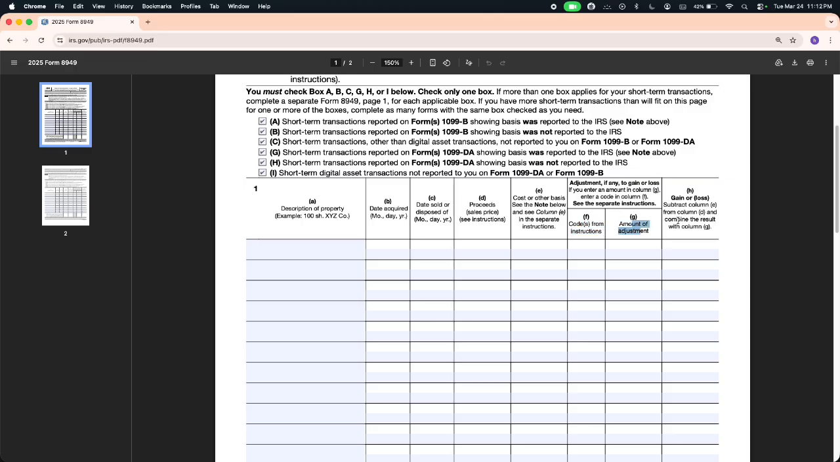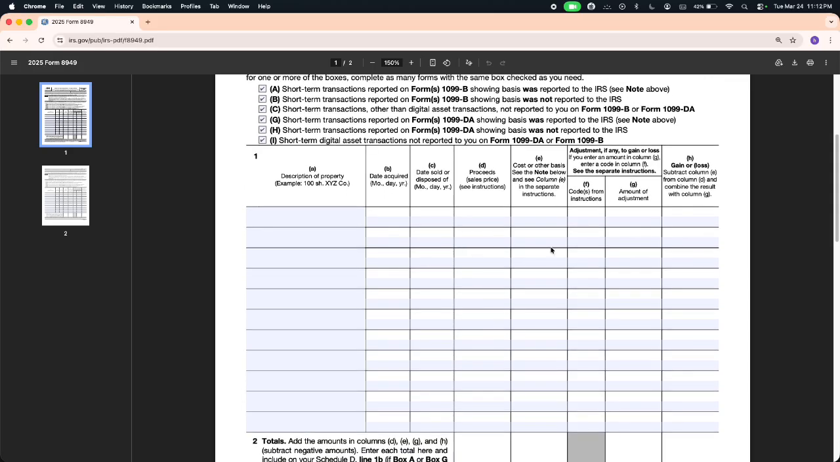So after that, complete the final gain or loss column. This is figured by combining the proceeds, basis, and any adjustment amount shown on that line. So continue the same process for each transaction. If there are more entries than the form allows on one page, use another Form 8949 with the same category